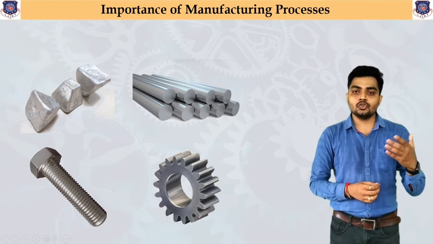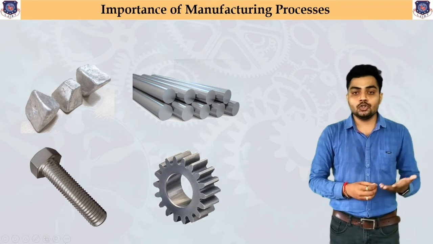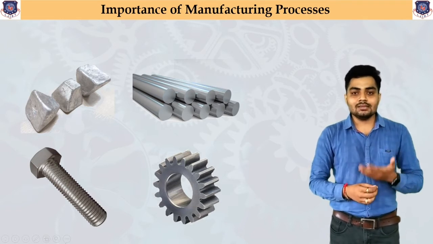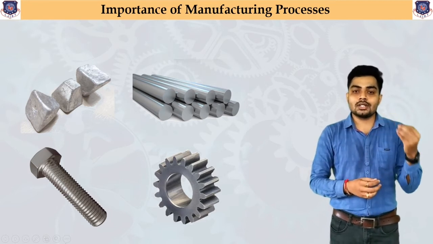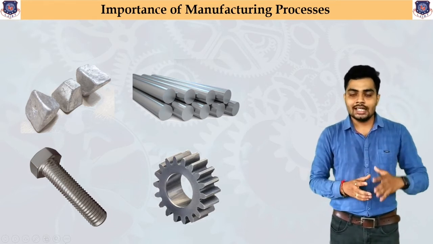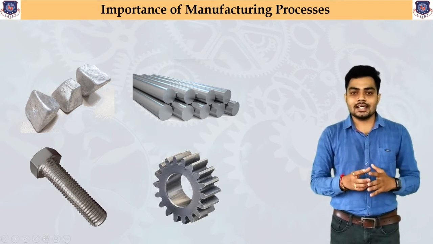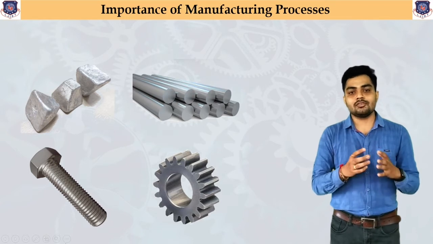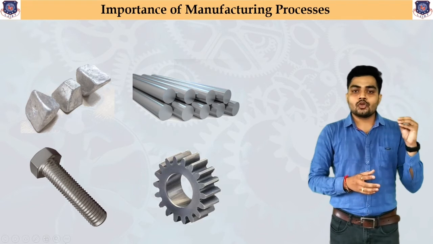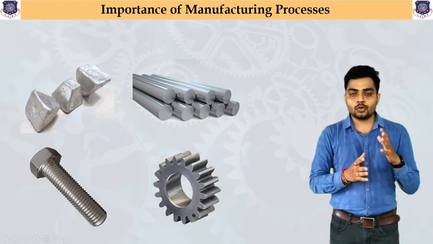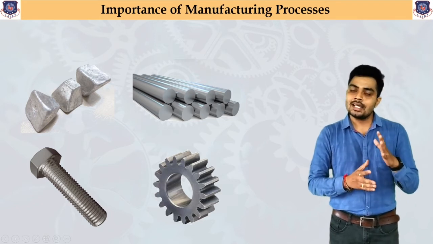That means if you want to manufacture a cylindrical component, at that time you might need to use a lathe machine, maybe a milling machine, maybe a boring machine. Which type of machines you need to use to produce a particular shape or component is what you are going to study in this subject. This type of different shape and size can be obtained by using this manufacturing process subject. To summarize simply, from raw material to final component, to produce different shapes and sizes of components, this manufacturing process subject is useful.